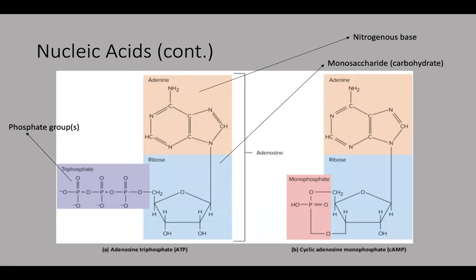The nitrogenous base, there's basically 4 different nitrogenous bases, 4 different options. We'll get into those when we talk about chapter 4. They can have 2 rings or just 1 ring, but nitrogenous base is one part of the nucleotide. Here we have our monosaccharide, which is ribose, a very specific monosaccharide for sugar. And then ATP, because it's triphosphate, has 3 phosphate groups coming off of it. That's what gives it its energy potential. So this is where all of the energy is stored in ATP. Those are the 3 parts of a nucleotide looking specifically at ATP.